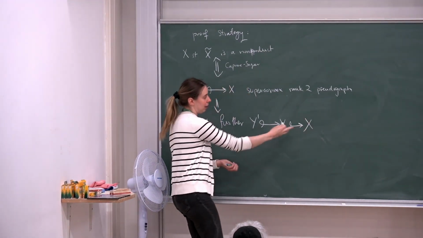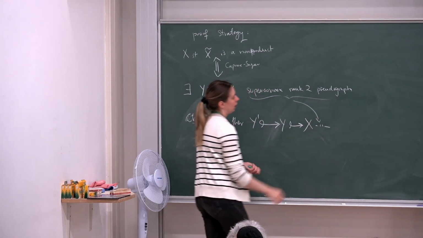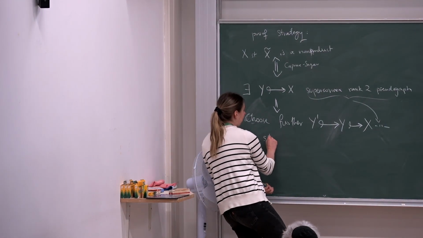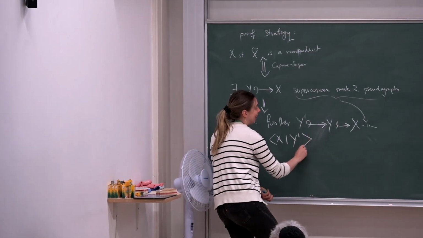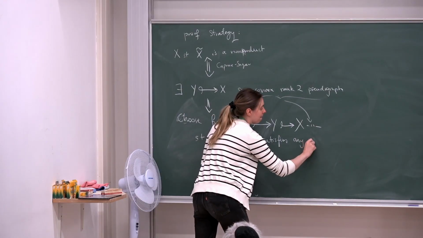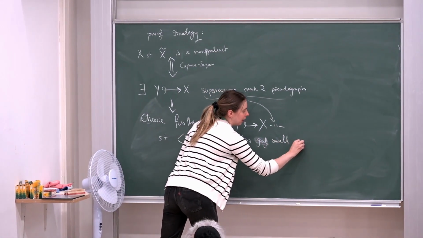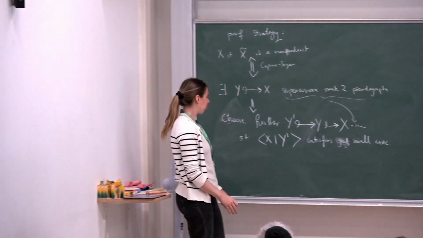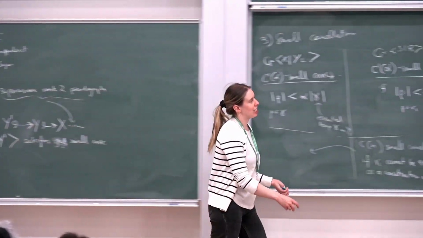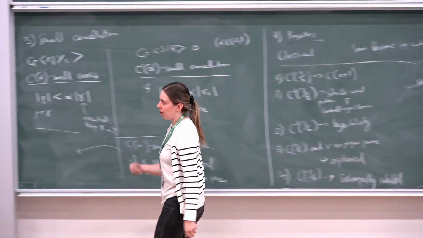prime that maps to Y and maps to X, that is going to be still a superconvex rank 2 pseudograph. We can choose it so that this presentation with X and Y tilde satisfies any small cancellation. Let me just write good small cancellation conditions. And so once I have something that satisfies the small cancellation conditions that I requested in this theorem, they didn't tell you what they were, we can